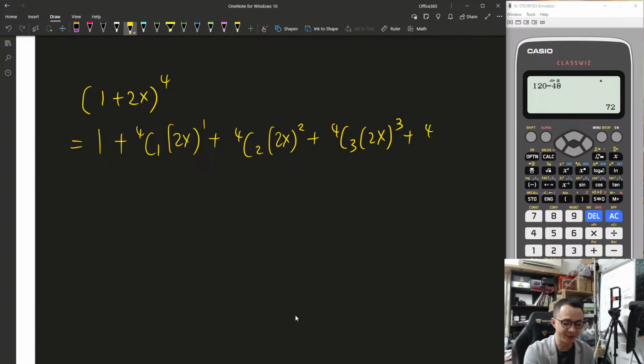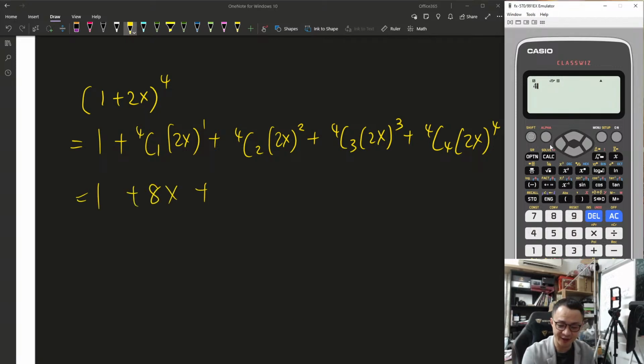And the last term is 4c4, 2x power of 4. This is 1 plus 8x plus 4c2 is 6, isn't it? 6 times 4, 24x squared, plus 4 times 8, 32x power of 3, plus